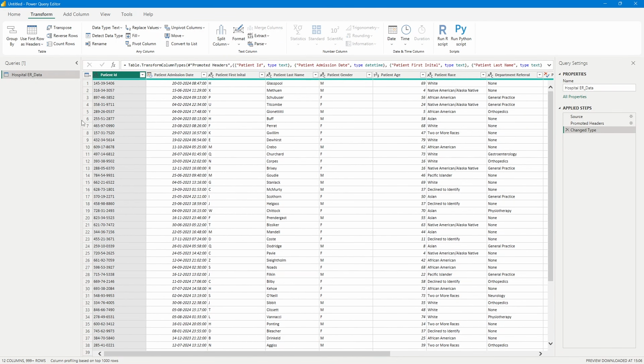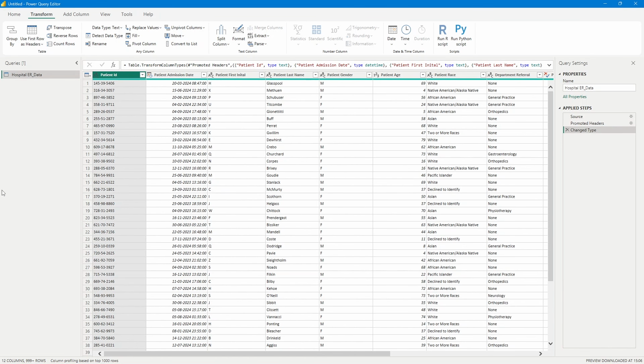So this is the name of the table you can see, and at the right hand side you can see these are the applied steps. This is nothing but a history of whatever steps we are applying after coming to this Power Query editor, so that another user or yourself, when you're opening it after 2 months, 6 months, a year, or 2 years, you know what steps were applied to clean or modify the data